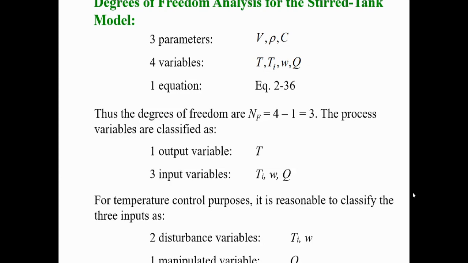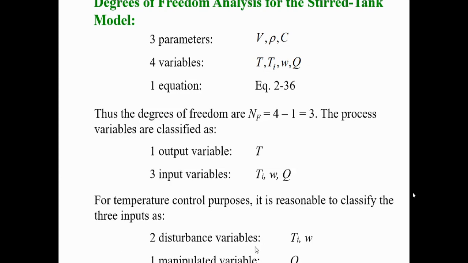You can see that all the parameters and the variables are joined with only one equation, equation 2.36. So from here you can say that the degrees of freedom, NF, is given as four variables minus three parameters, or four variables minus one equation. This means the degrees of freedom is actually 3. So the process variables are classified as one output variable T and three input variables Pi, W, and